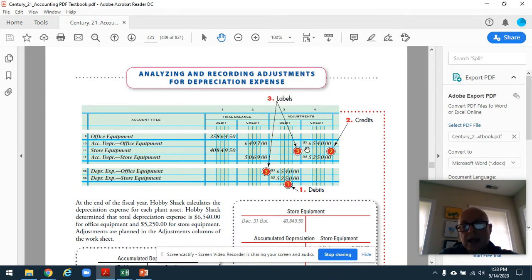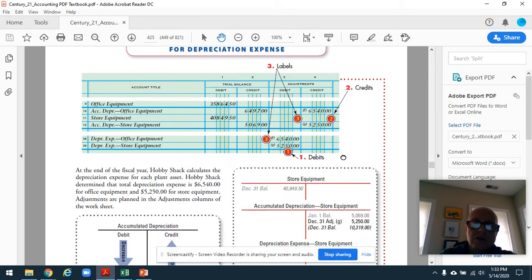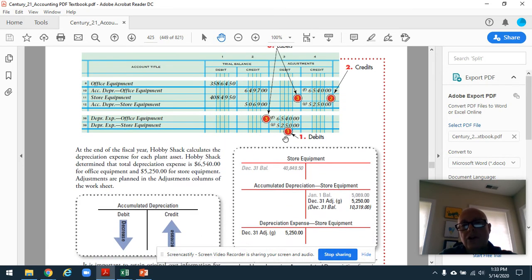And again, make sure F and G, we got F and G in our adjustments. We're starting to get a list, all right? And this is why I fuss at you guys about making sure you've got your alphabetical character next to the number, because you're going to need to go back and look at this in chapter 15 and 16 especially. And it's going to make this stuff a lot easier to locate because it's out of sequence here down at the bottom. So make sure you've got your